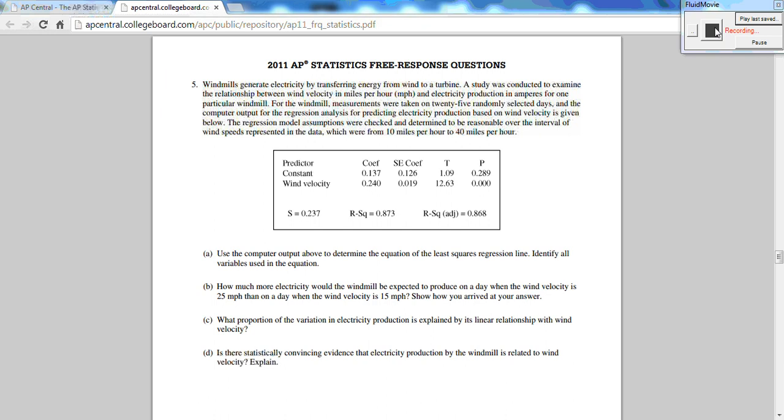Okay, I wanted to make a video for this question. This is number 5 from the 2011 AP Statistics free response portion. We've done questions 1, 2, and 5 together, and this one applied directly to what we're doing right now. And I gave this to third period since we had double block, and I was